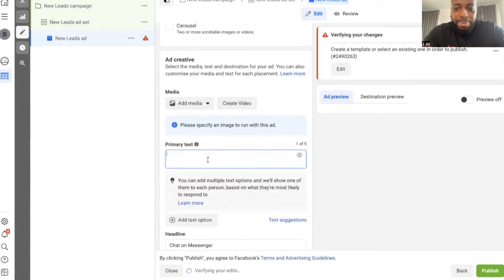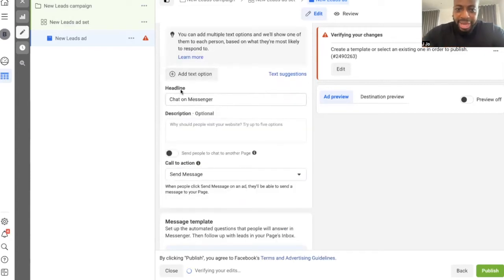Here, you want to put in the primary text, talk about the offer, talk about what they get if they give you their email address or their contact details or something like that, just to encourage them to take action, right? So you get their information so you can contact them later. And here we go. The headline is chat on Messenger. You want to have that headline as chat on Messenger, just so it's clear to the person, so they know what they're getting themselves into. So they feel comfortable to message you about the offer, what you do, what the company is offering, so they can make